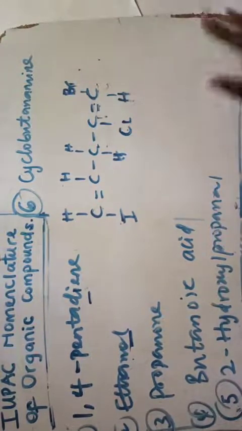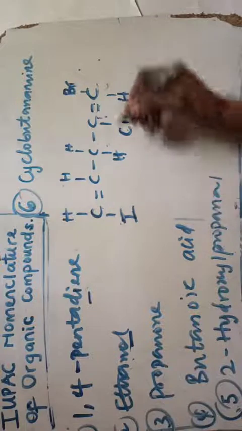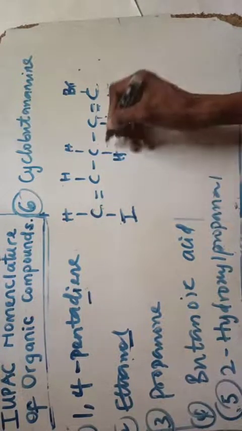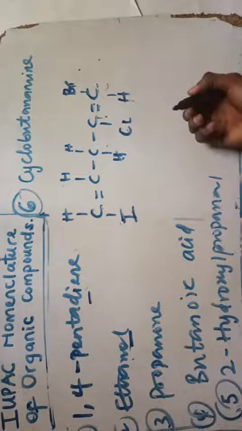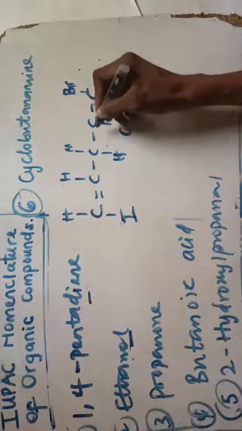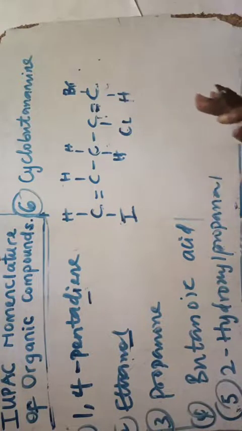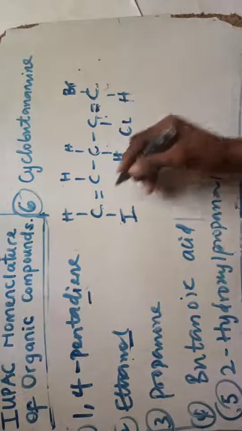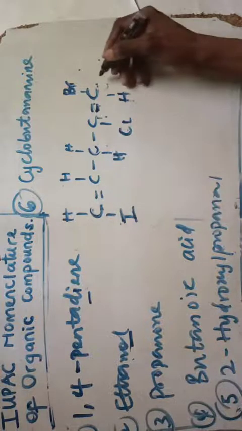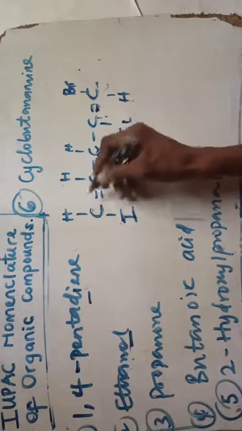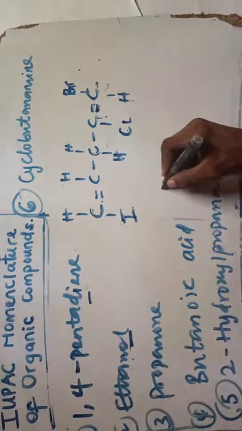So if I name this compound, what will I do first? That will be alphabetically. If I want to name this, I can number 1, 2, 3, 4, or I start from here 1, 2, 3, 4. You do your numbering based on the closest branch, the branch that is very close. If I do this here, I'm going to have the closest branch here.